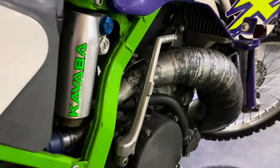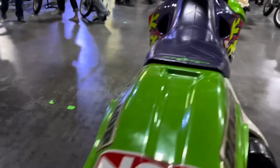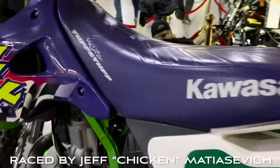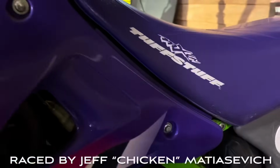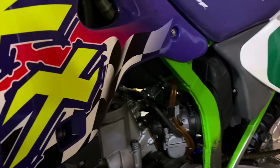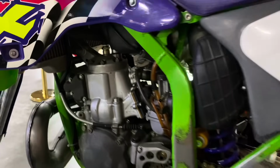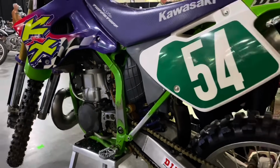It's a piece of racing history. This one was ridden to a very significant win by Jeff "the Chicken" Matasevich. In fact, he won the 1995 All Japan National. This has factory works suspension, a factory works engine. This one is being sold on a bill of sale. And like I said, guys, believe it or not, it is expected to command